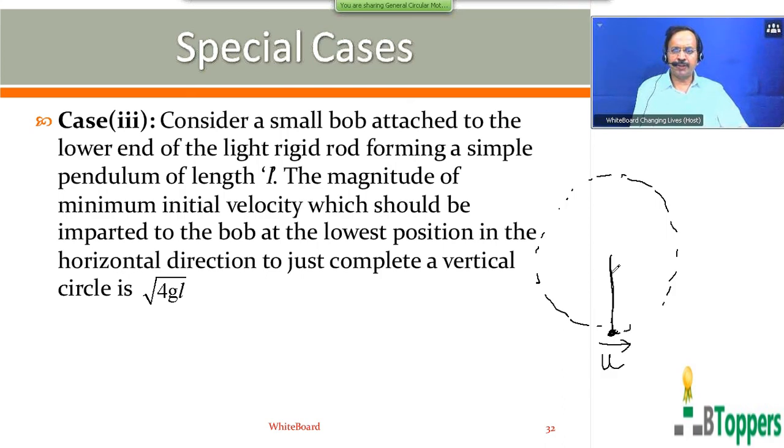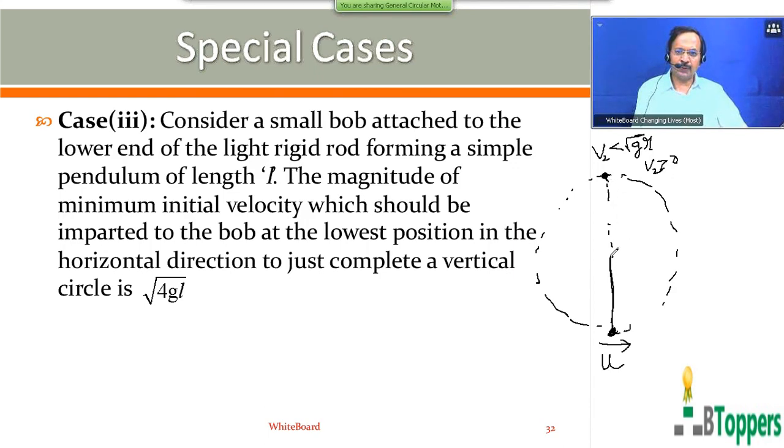Here the bob of the simple pendulum is suspended from the lower end of a light rigid rod, forming a simple pendulum of length L. So in this case, even if the velocity at the highest position is less than root gr, but greater than 0, the bob can complete a vertical circle, because here